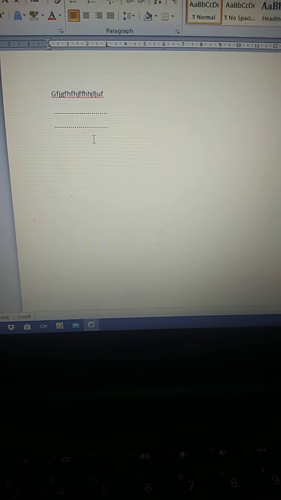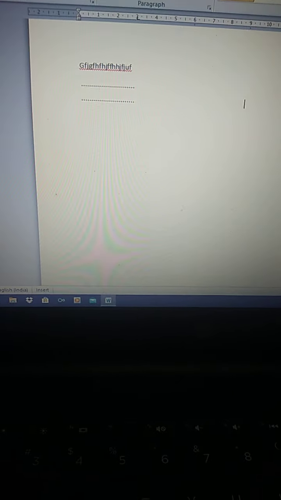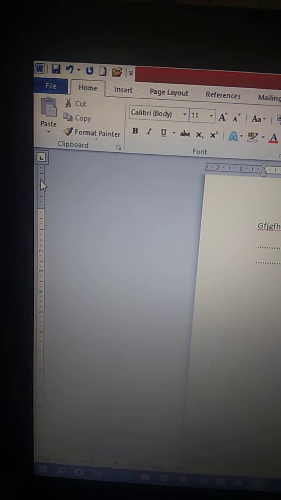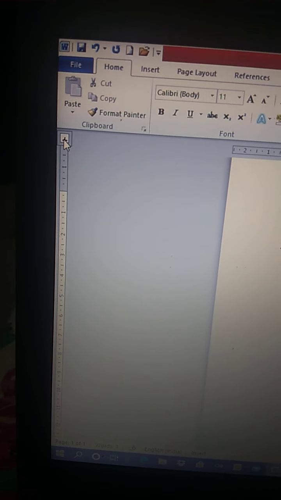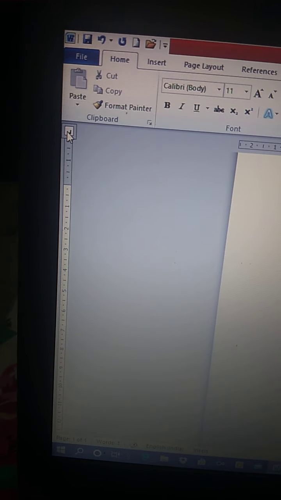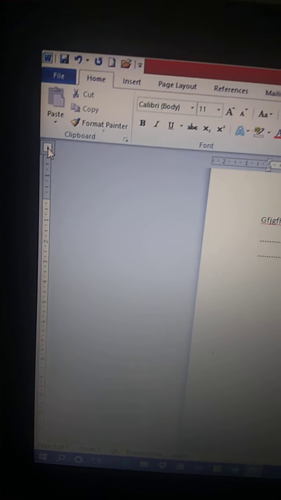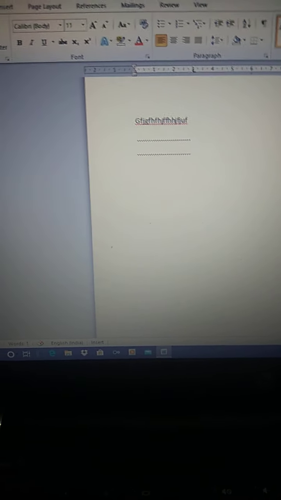The next topic we did was using the tab selector present on the left end of the ruler bar. This is your ruler bar, this is the left ruler bar, or you can call it the vertical ruler bar. On the vertical ruler bar you have this tab selector button. This is the left tab, this is your center tab, then this is your right tab. You can apply the tab selector positions which we have selected before and see how the tab positions work.